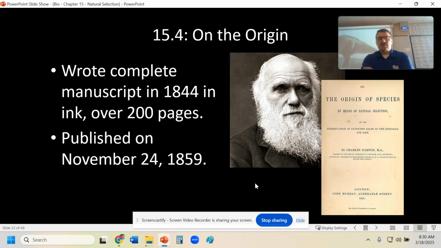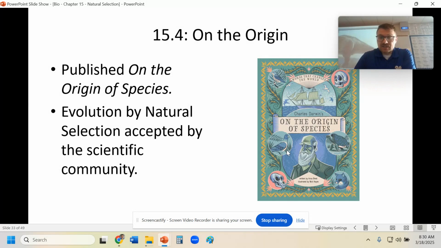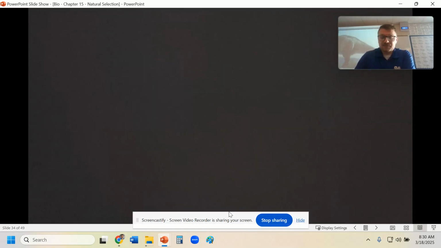So, just the last note here, Darwin did publish his work before Wallace did. He had years and years of evidence and years of writing about this, and he published it in 1859, and it was widely accepted throughout the scientific community. It's called On the Origin of Species. This is one of the most profound scientific works done on biology. It really revolutionized biology and gave us a central theme of how all of biology works.